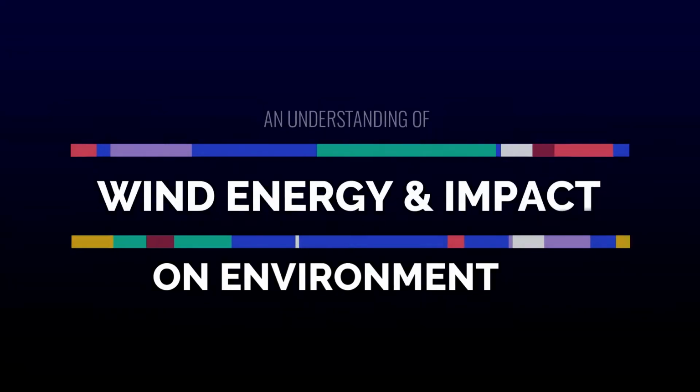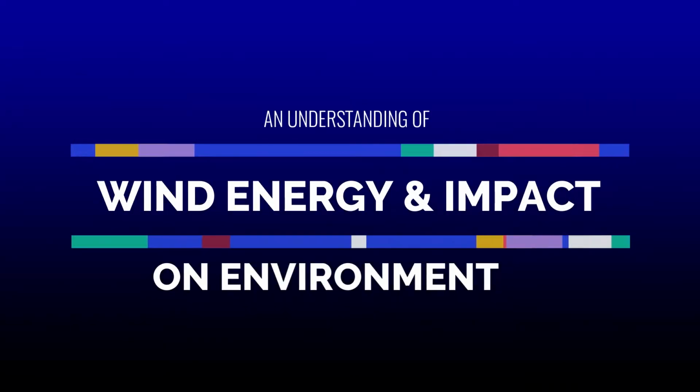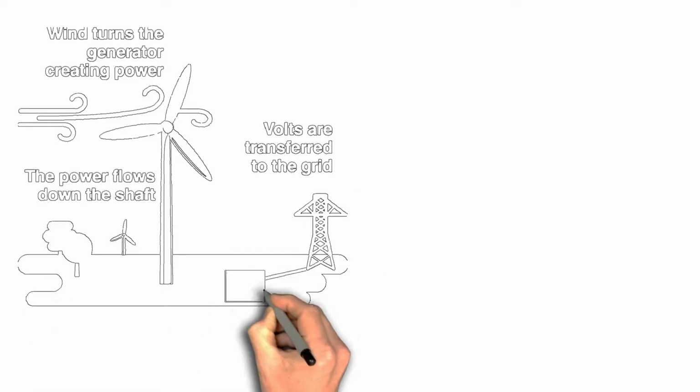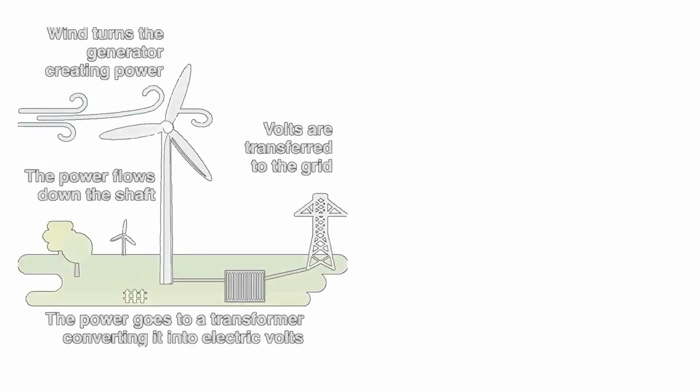Wind is simple air in motion. It is caused by the uneven heating of the Earth's surface by the sun. Since the Earth's surface is made of very different types of land and water, it absorbs the sun's heat at different rates during the day. The air above the land heats up more quickly than the air over water.